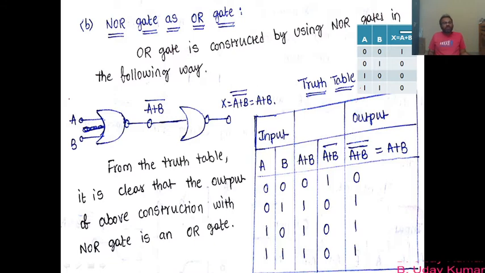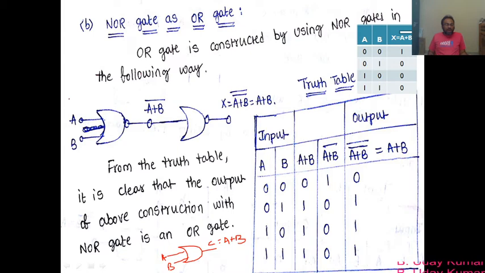So let us try to understand how NOR gates are used to construct an OR gate. You know what an OR gate is, right? Just in our previous slide, we tried to understand what an OR gate is. So what is an OR gate? An OR gate is a gate which is denoted by the circuit symbol like this with input terminals A and B. If the output is taken as C, I can write this C as A plus B. So this is an OR gate, you know that.